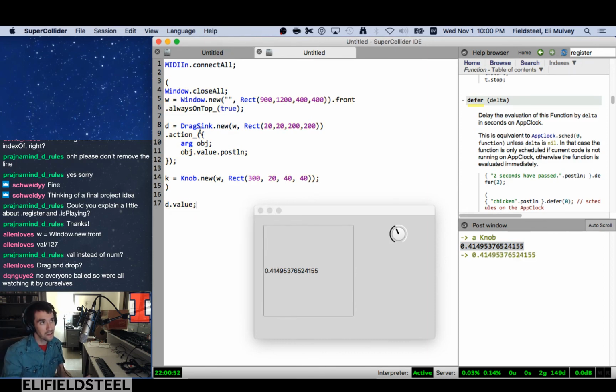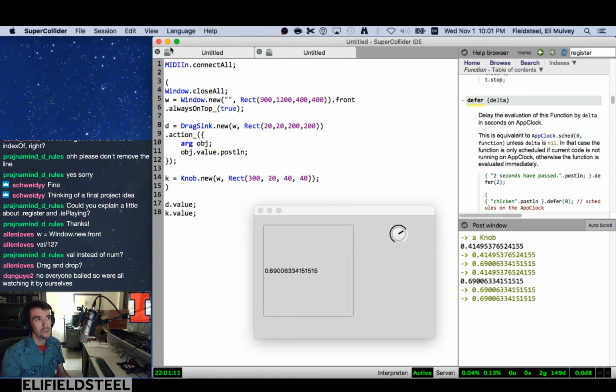Yeah, so the drag sink now has the value of the knob. So if we move this, k.value is now 0.6900, whatever. D still has the old value, but we can command click and drag, and now they have the same value. And now I'm wondering